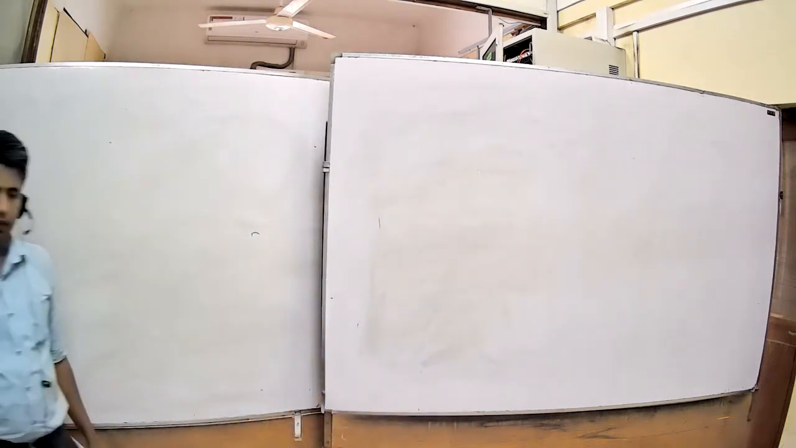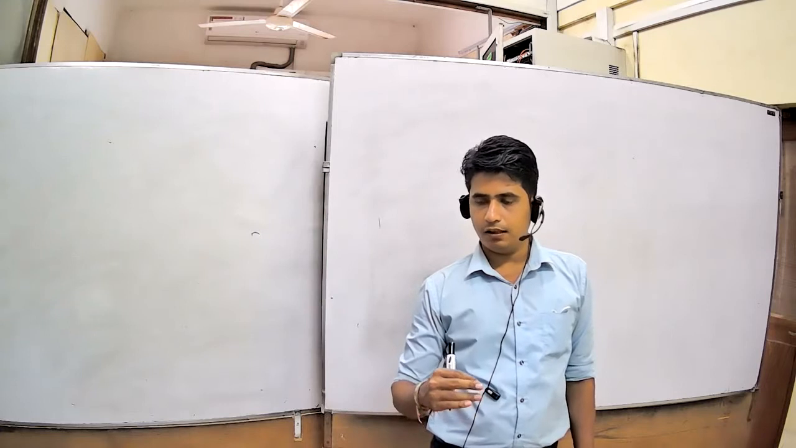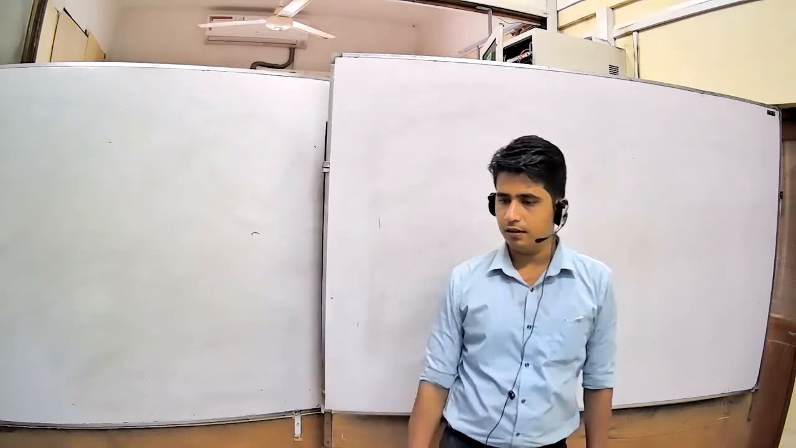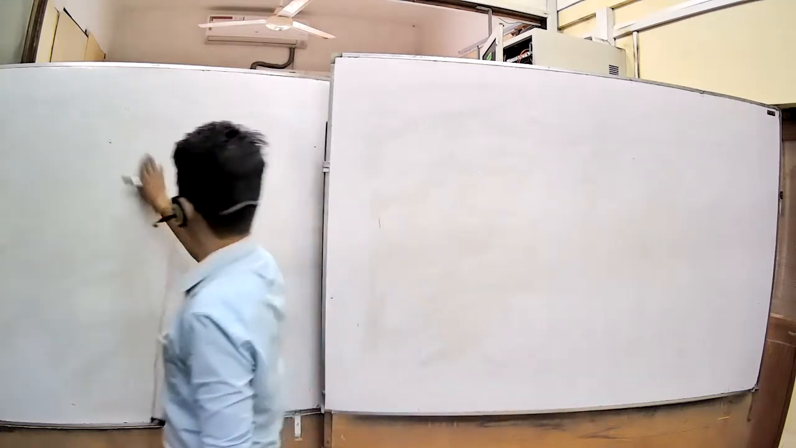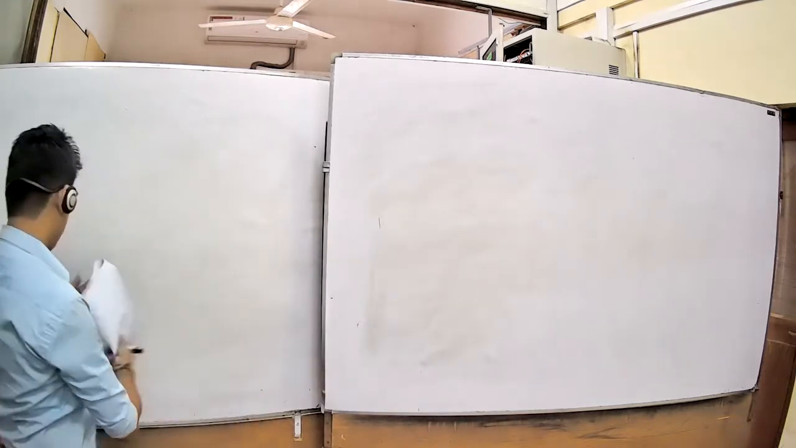From the example, I will explain how you can get the echelon form matrix and also the row reduced echelon form matrix. From the example, I will explain to you. First example,